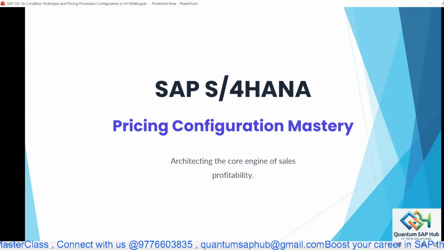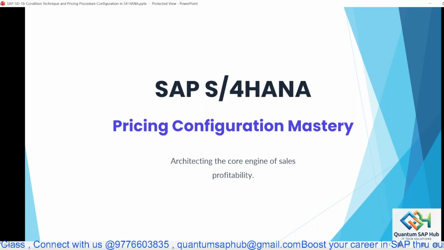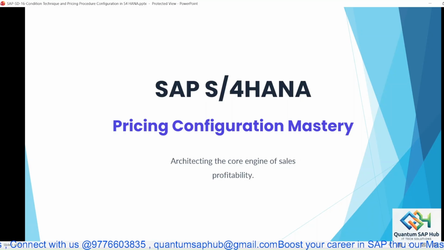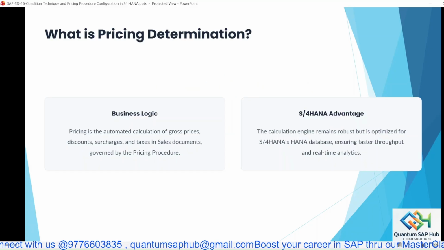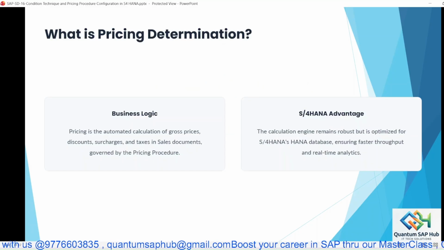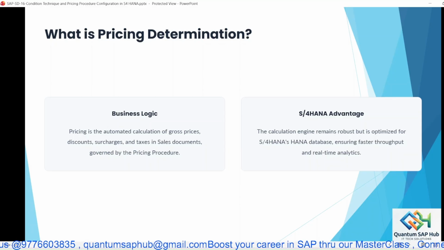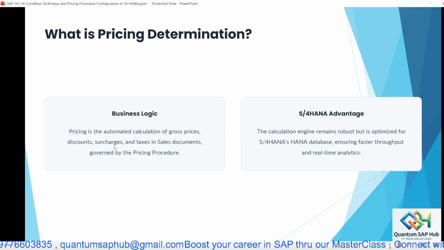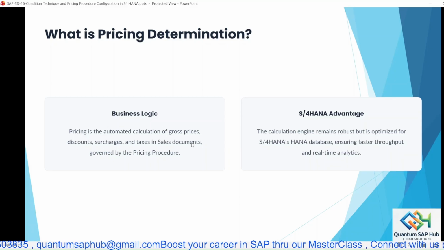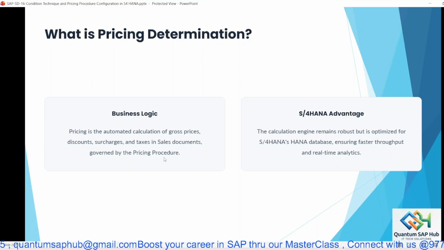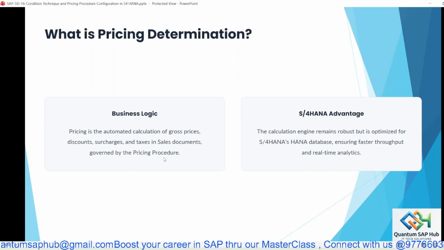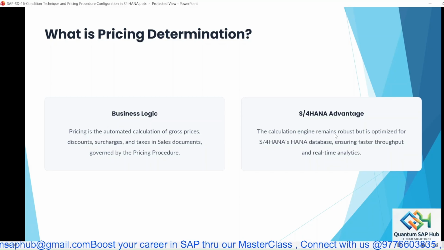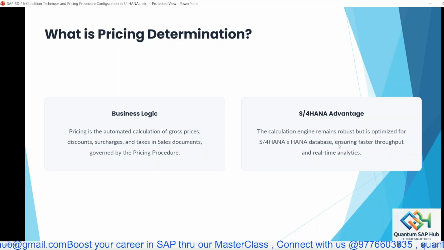Today's class is about pricing procedure and using the condition technique. Okay, what is pricing determination? Pricing is the automated calculation of gross prices, discounts, surcharges, and taxes in the sales document, which is governed by a pricing procedure. The calculation engine remains robust, but it is optimized for